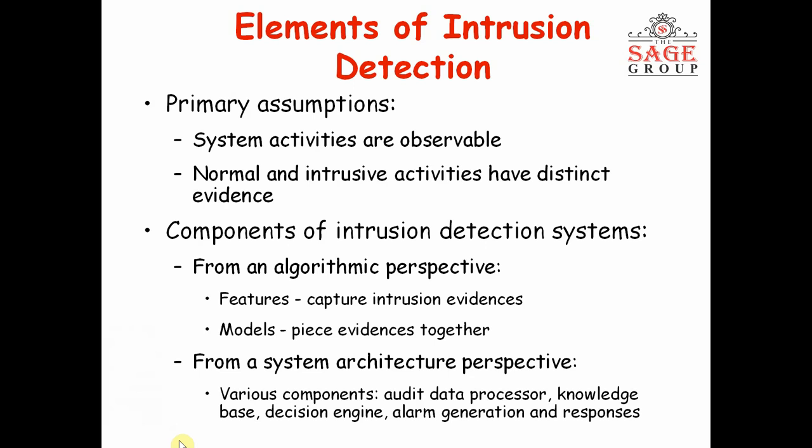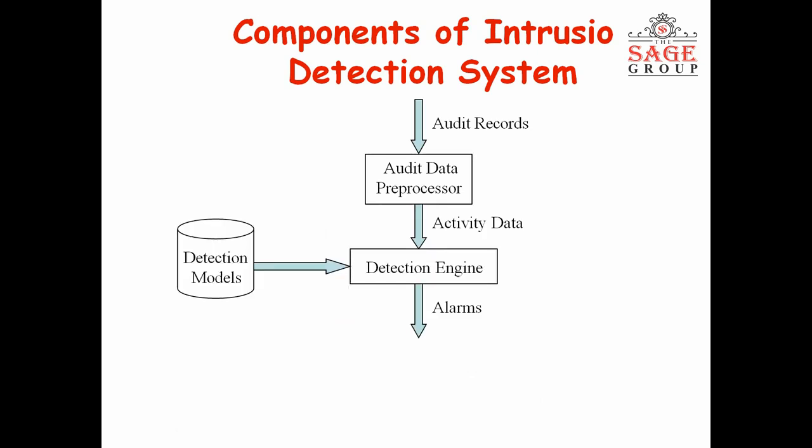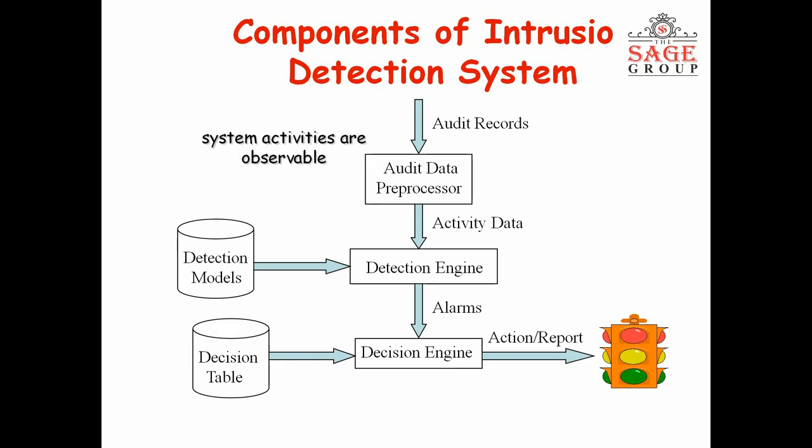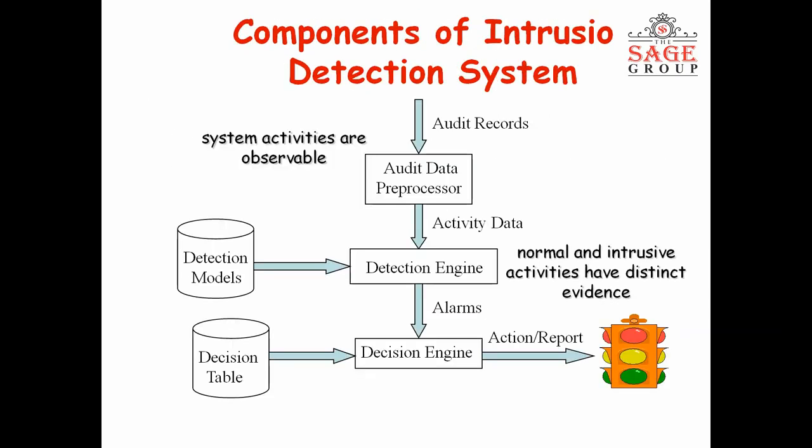Model features capture intrusion evidence and models piece the evidence together. From a system architecture perspective, the various components are audit data processor, knowledge base, decision engine, alarm generation and response. These are the components of intrusion detection systems. This is the diagram for intrusion detection systems. In this we see the audit reports,